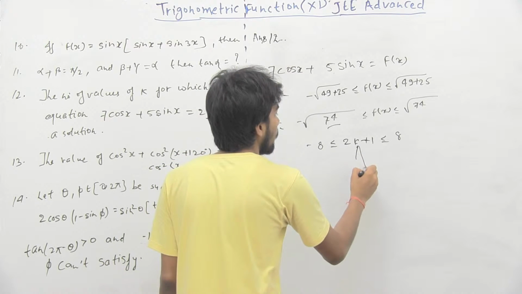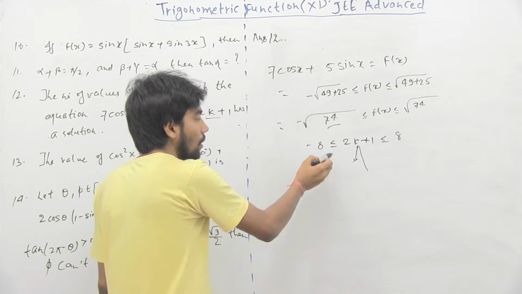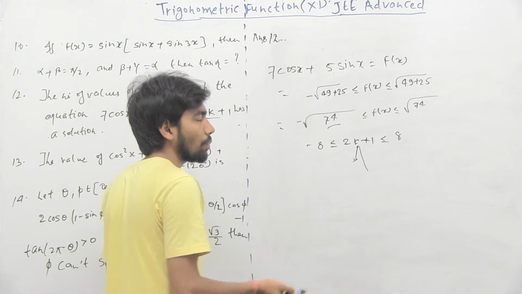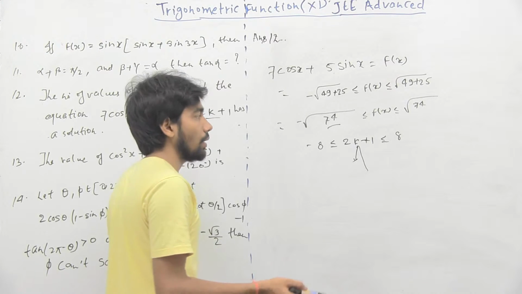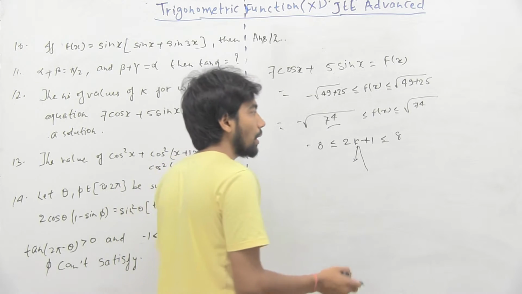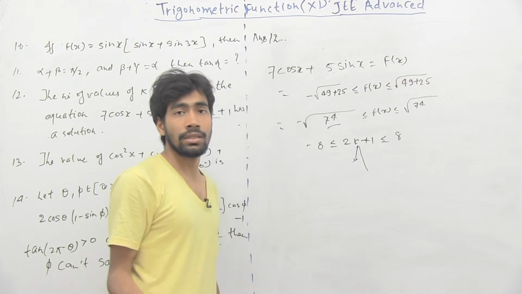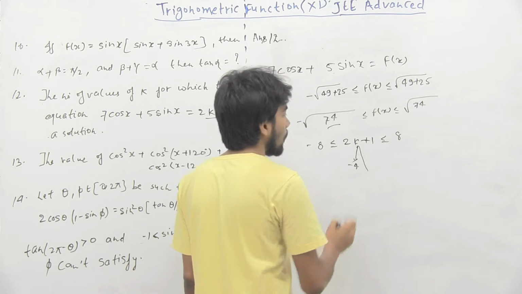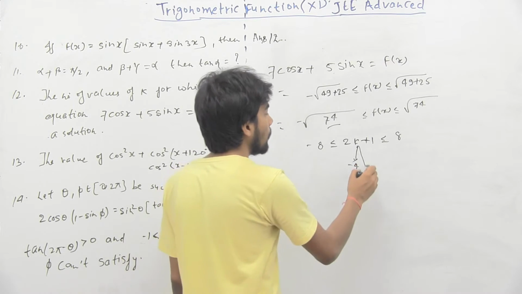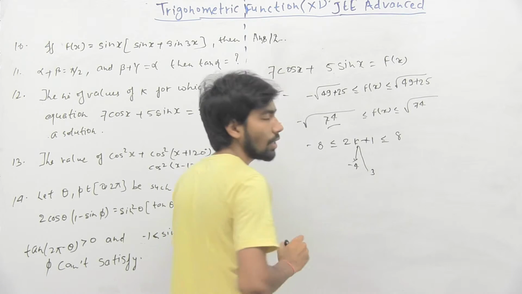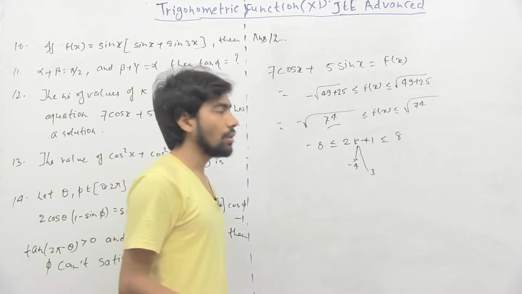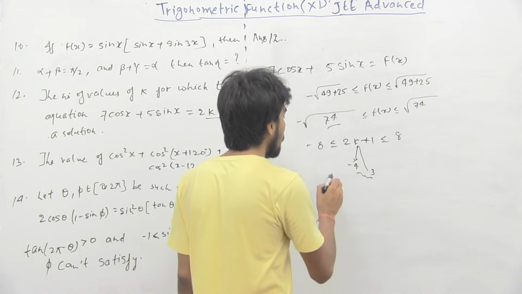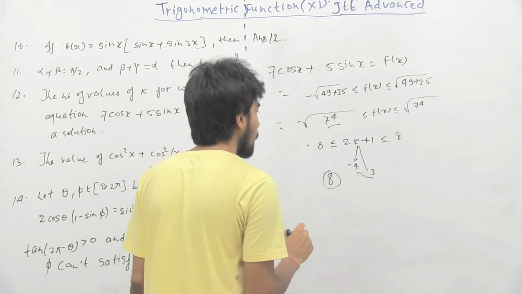So now find the range of k for negative values. At k equal to minus 3 it will give minus 5, so yes, it holds. At k equal to minus 4 it will give minus 7, so yes, it can be. But at k equal to minus 5 it will be minus 9, which will not hold. So it will hold till k equal to minus 4, and on the positive side it will hold till k equal to 3. So find the number of solutions from minus 4 to 3 including 0. There are 8 values of k.